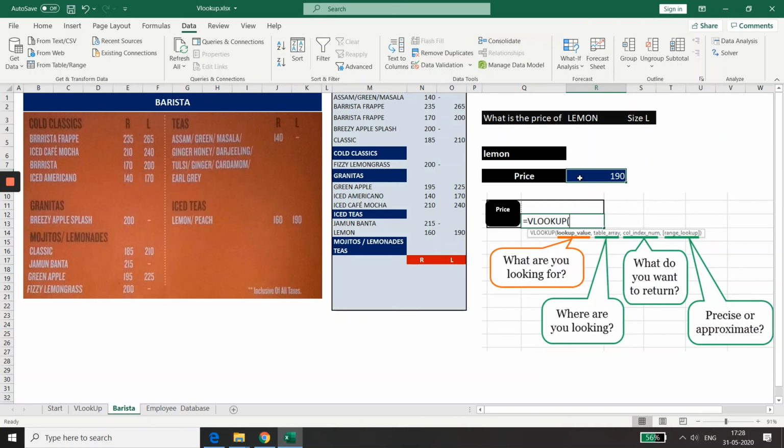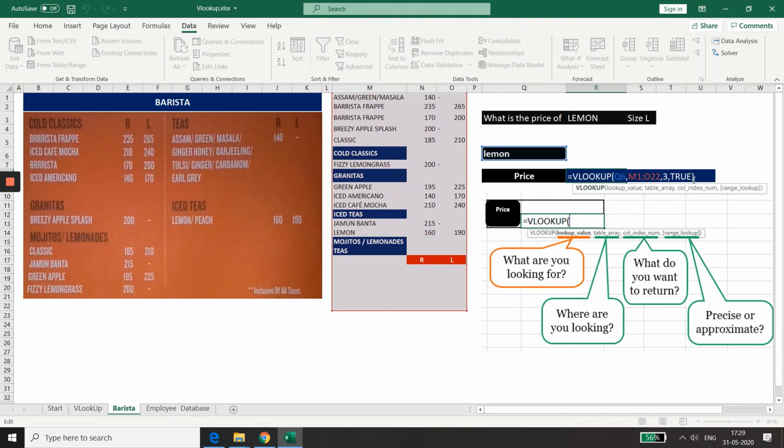The first rule is VLOOKUP always looks for the lookup value in the leftmost column, and it retrieves values from the columns to the right. Number one. Number two, it is not case sensitive. Number three, whenever you use approximate, which is nothing but true, always sort the data, otherwise you will get a wrong result.